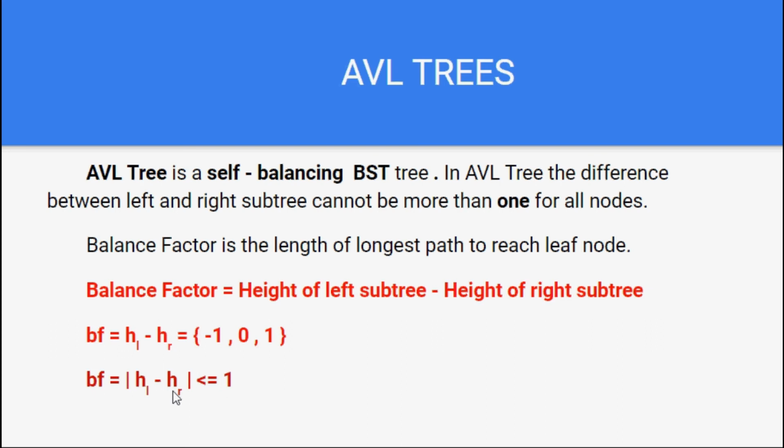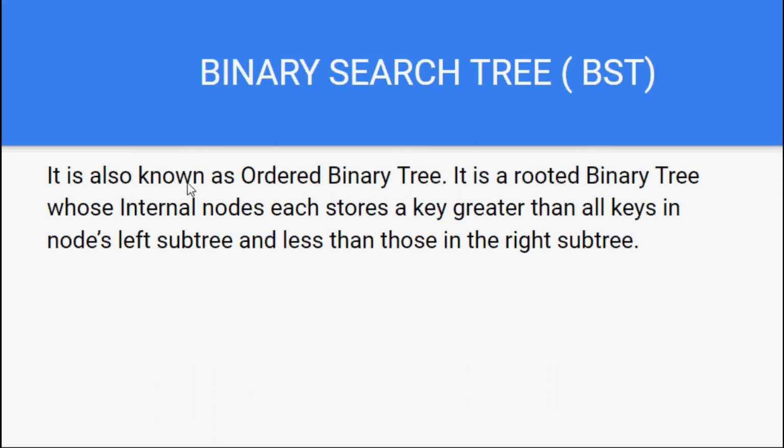Okay, but before moving on to such balance factor concept, let's just understand the very first term, that is BST, binary search trees. Now what is a binary search tree? Let's just understand that first. It is also known as ordered binary tree. Why ordered? If you have viewed one of my videos in which we talk about how we can traverse our tree, there are different orders of traversing a tree. Now, whenever you are traversing a binary search tree, you will always get a sorted list. This is a concept. How we are getting that sorted list is due to the concept of binary search tree.